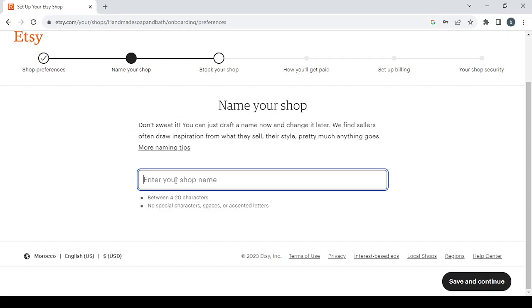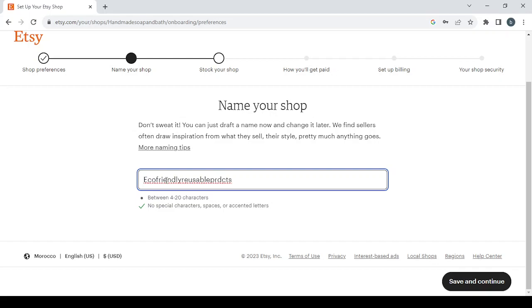So guys, I advise you to consider your name very carefully. I'm just doing this to show you how you can do that. And here make sure to remove every special character, spaces or accented letters. And here we still have a special character. I removed F, and here we are, but it's still more than 20 characters. So I'm just going to shorten products, make it like this,